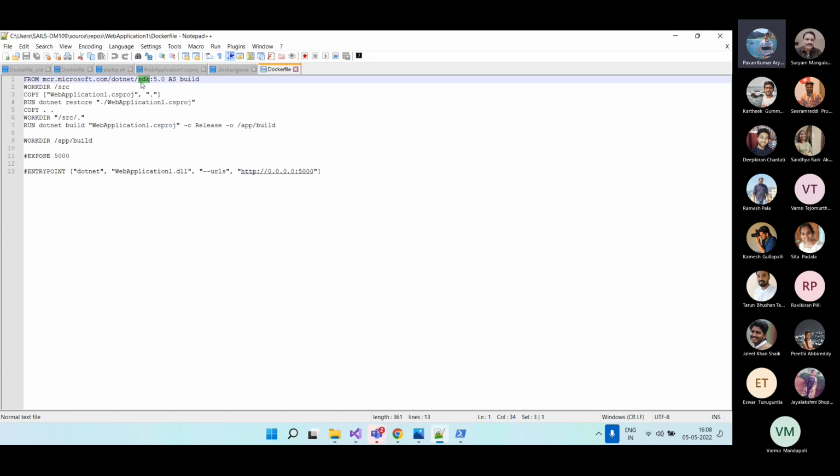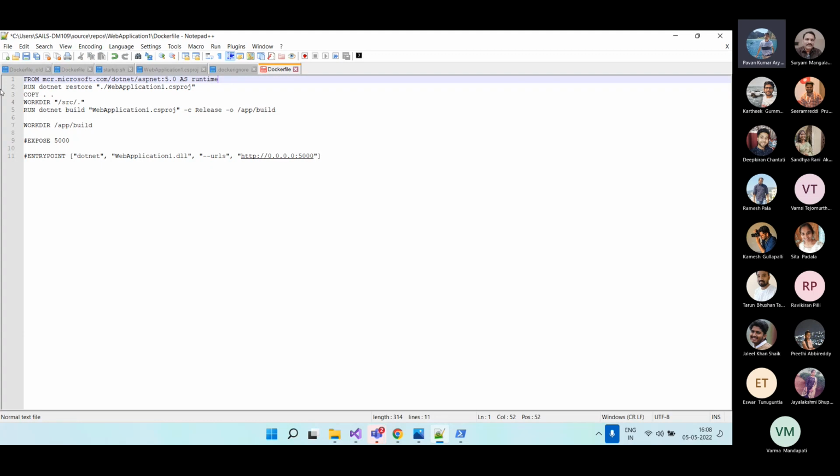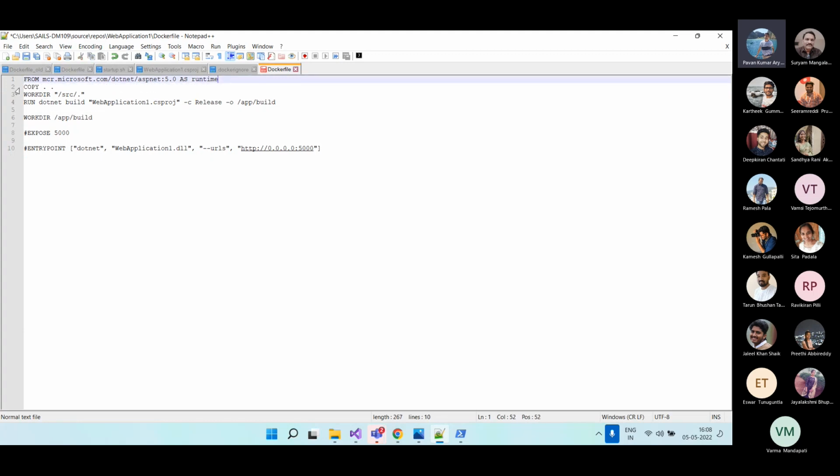So I need to take this ASP.NET 5.0 as one time, and then I'll set this. I'll copy the code, like which code I want to copy. So this is all not required. So I want to copy